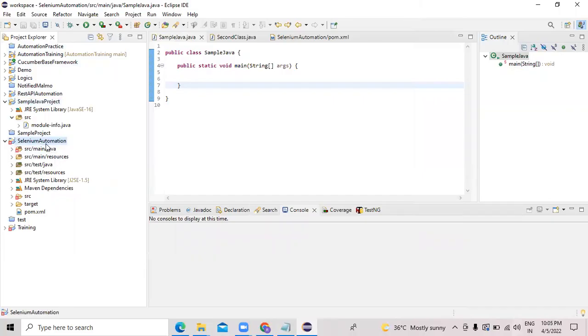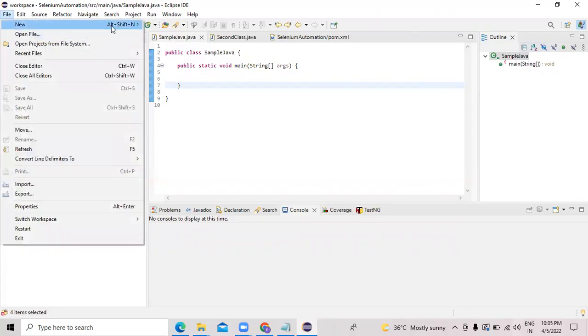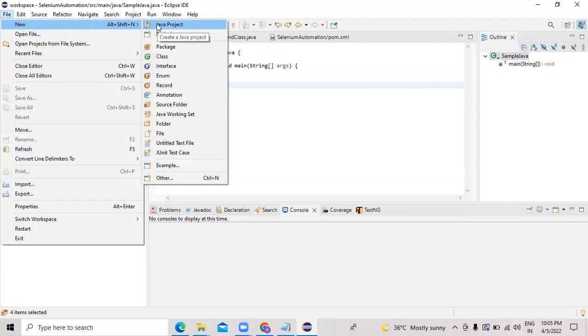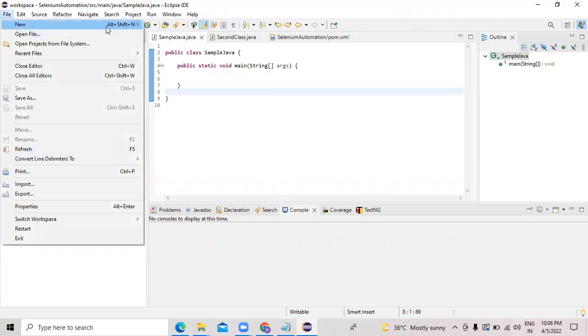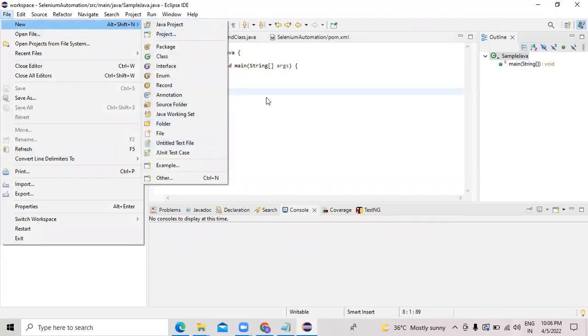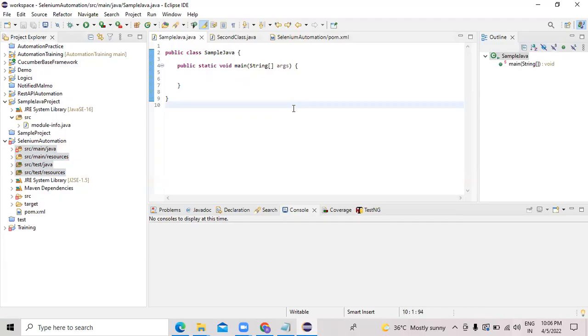This is how you create it in real time, I mean in the organizations. That's why I skipped the new Java project, because you will not be using this at all. You will learn it, but it is not required in your actual projects inside your company. That is the reason I'm directly creating a Maven project, because you'll be putting experience, right? You'll not be putting as a fresher. You'll be putting experience in your resume. So when you put experience,